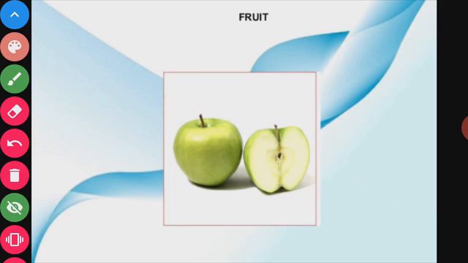What is pollination? What are the two types of pollination? What is fertilization? How are pollen grains transferred from anther to stigma? What are the agents? The agents may be insects, wind, water, or some other animal also. Okay, this is all about